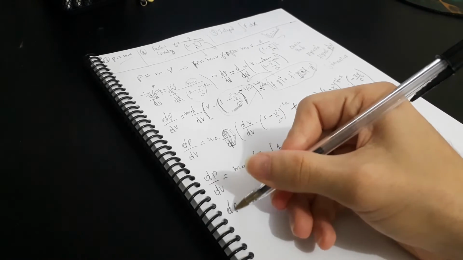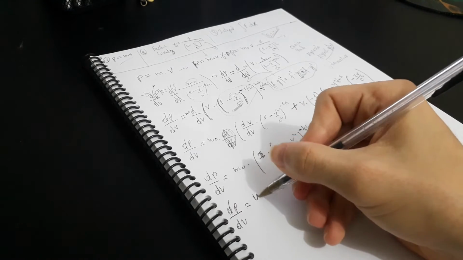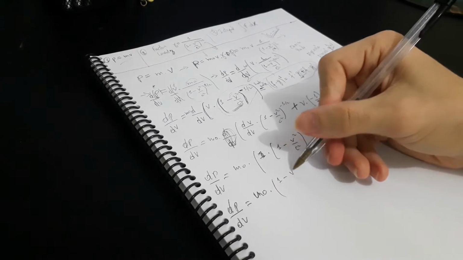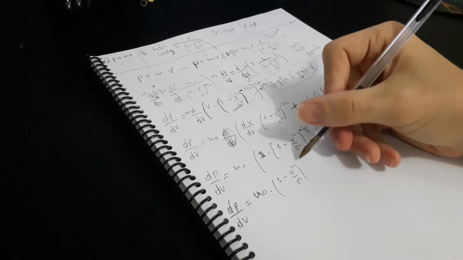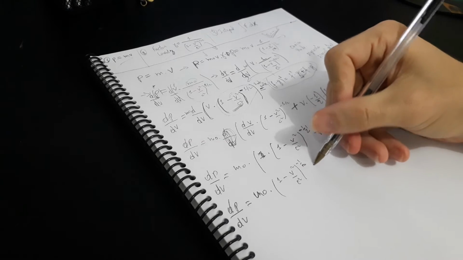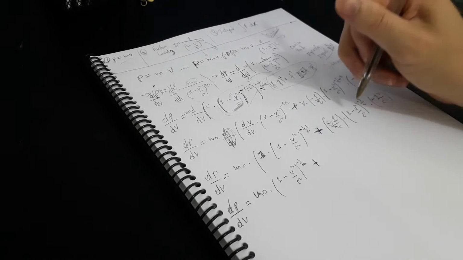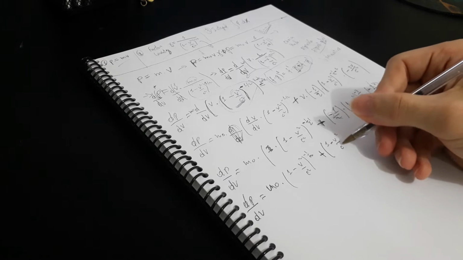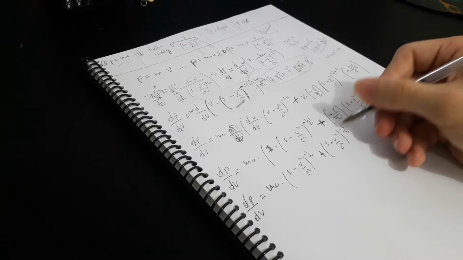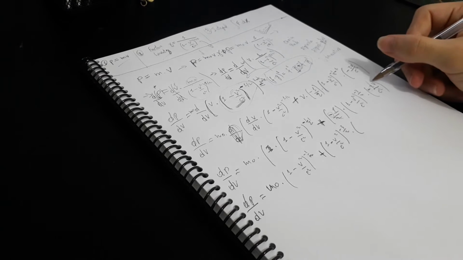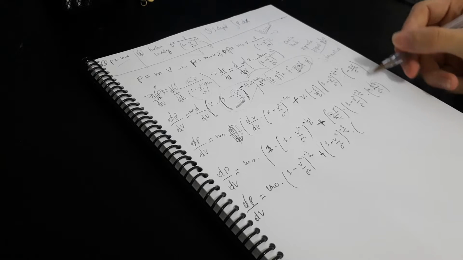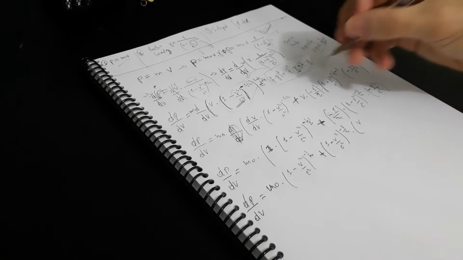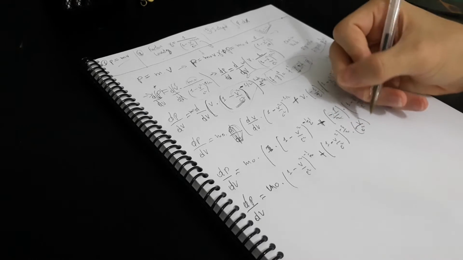So dp over dv could be equal to my mass m0 times v squared over c squared, you know that, minus 1/2, plus 1 times this, which is 1 minus v squared over c squared to the minus 3/2, plus I have the v on the right side and the c squared on the downside. So my v is equal to c squared. Okay,